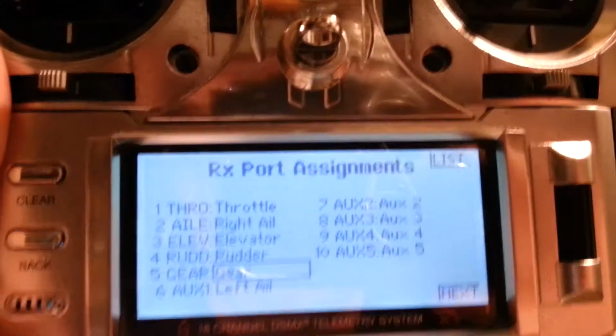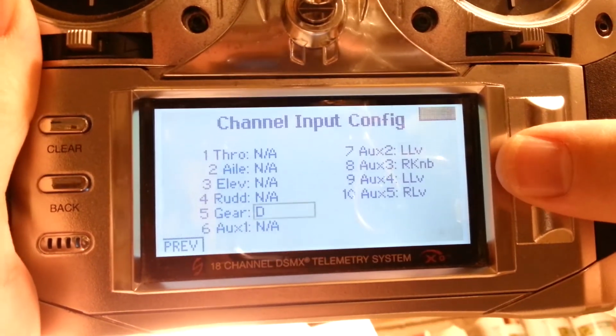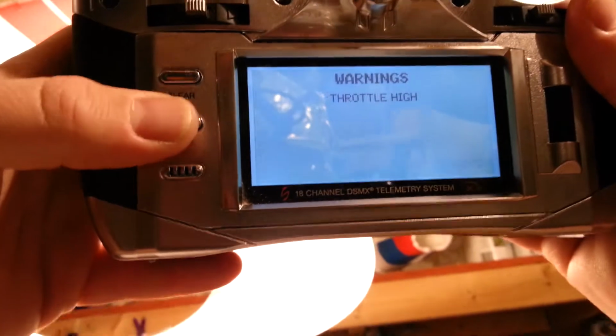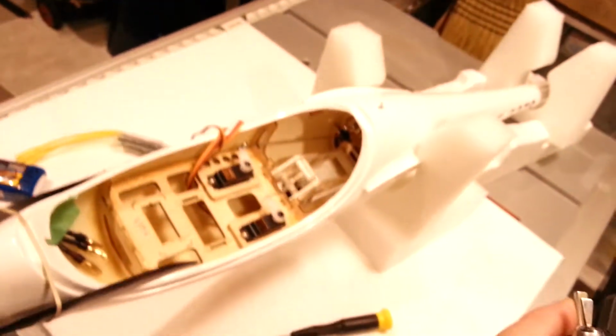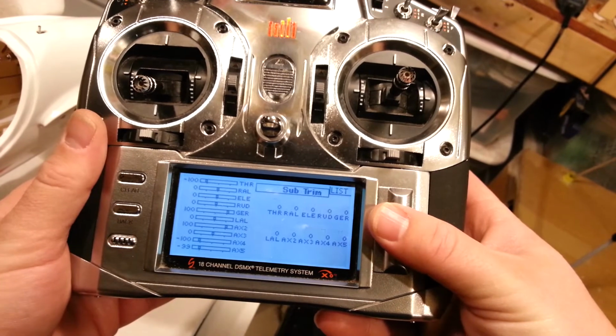Alright, so I'll pause it and we'll come right back. So we went back into channel assign. We're going to go back from auxiliary 2, we'll put it back to switch A. Okay, which is throttle positions high. And so there we go, so we got our gear switch up and down. So now we'll go into servo setup, we'll go to travel,